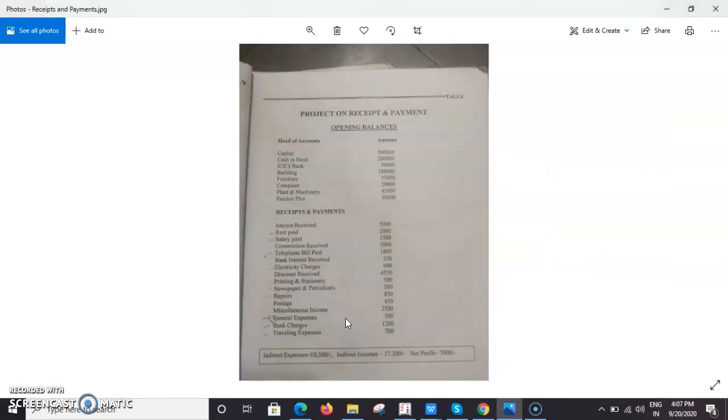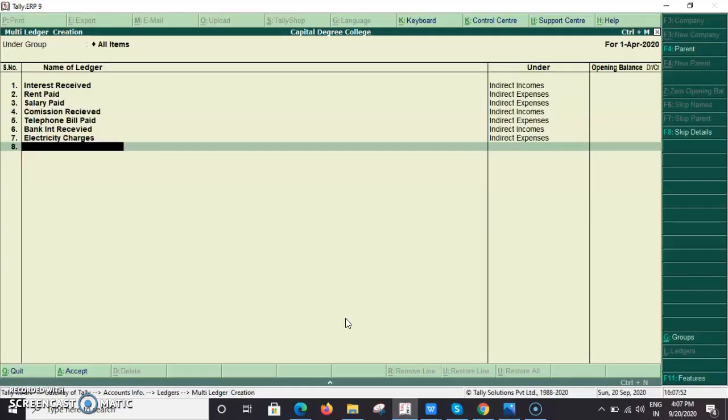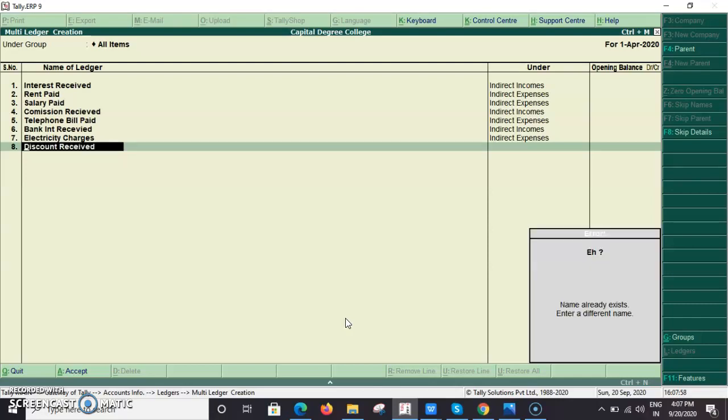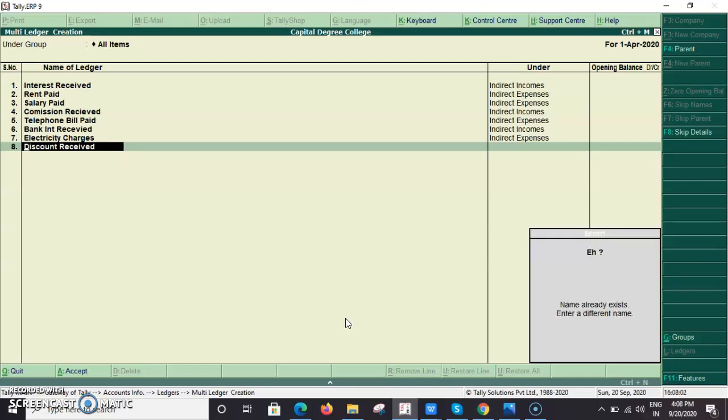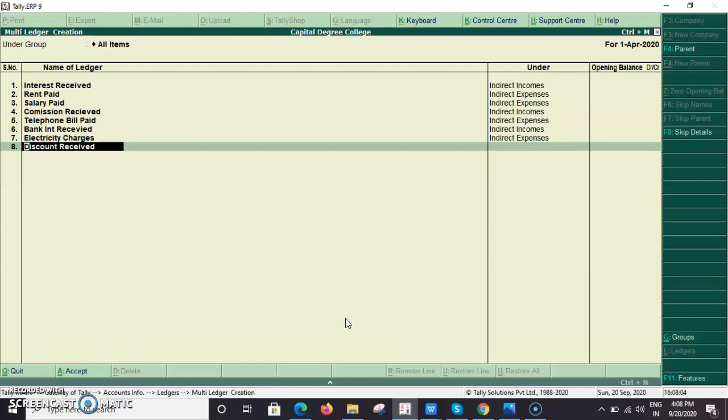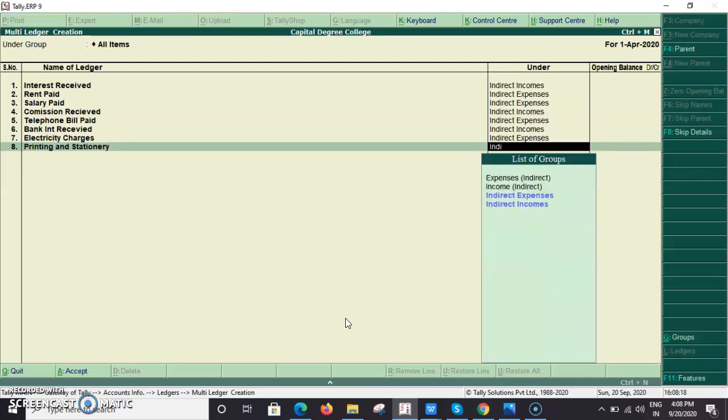Now next one, discount received. The name already exists, so there is no need of creating. I think I have already created it previously, so now I am not creating. Discount received completed. Printing and stationery. If I forgot any ledger, directly at the time of voucher entry also I can create it. Printing and stationery comes under indirect expenses.